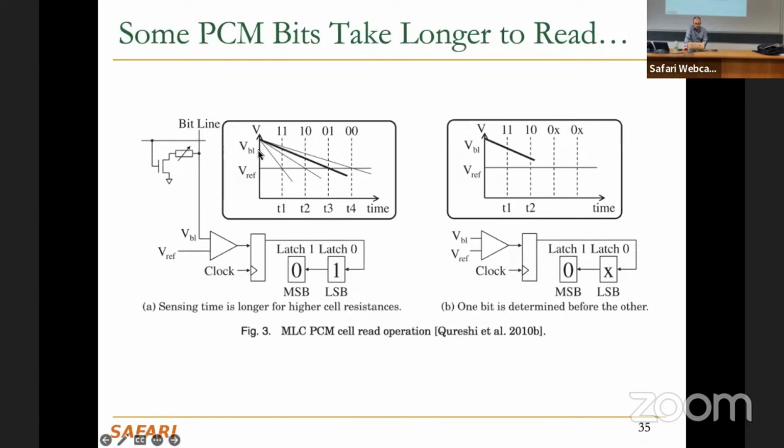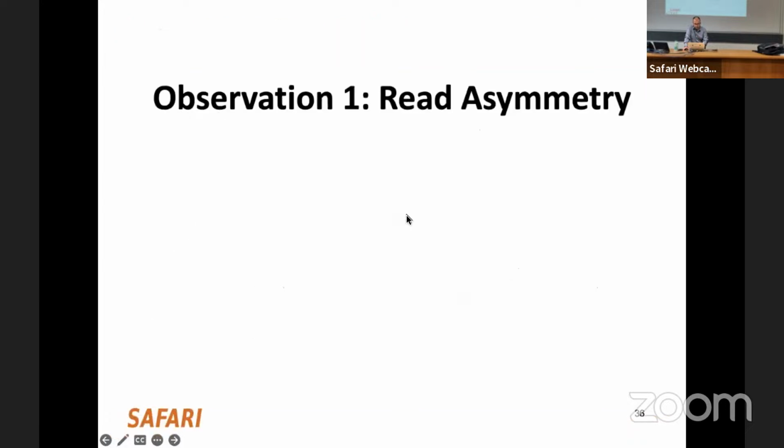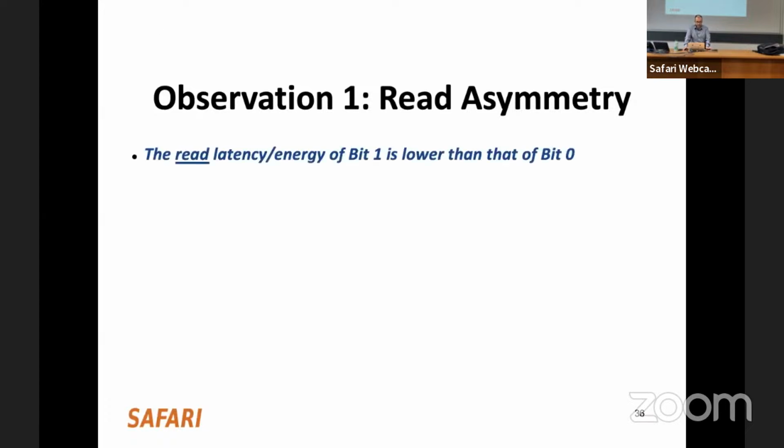So when you have multi-level cells, like here, you're storing 2 bits in one cell. So you have different latencies when you want to write, essentially. You can see that, right? If you want to write 1-1, you can actually do it quite fast. But when you want to write 1-0, you need to wait more, and 0-1 longer, and 0-0 longer. So that's the difference. So then we have this observation that we have asymmetry in reads.